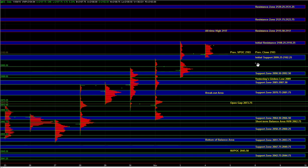On the upside, in the event of a high momentum breakout above 08 quarter to 10 quarter, we have 15.5 to 17, which again marks the all-time high. That is still an area where we can see some profit taking, we can see some selling. Beyond that, there is no hard resistance in the market. Beyond 2117, the resistance zones that we have are really based on the current level of volatility and the range